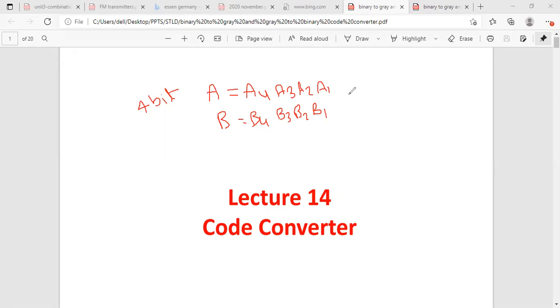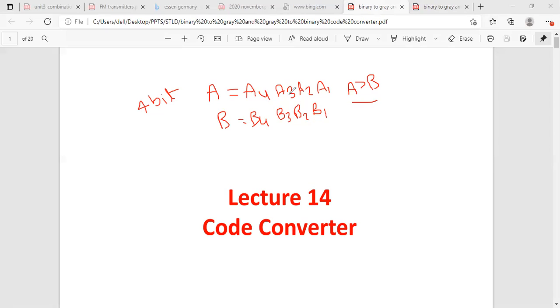For example, if it is A greater than B, what are the possibilities to get the A greater than B condition? So A4 should be 1 and B4 should be 0. So we can say that is A greater than B, right?